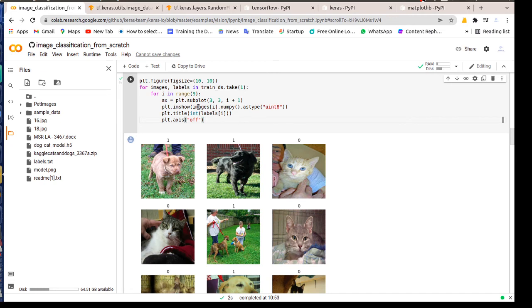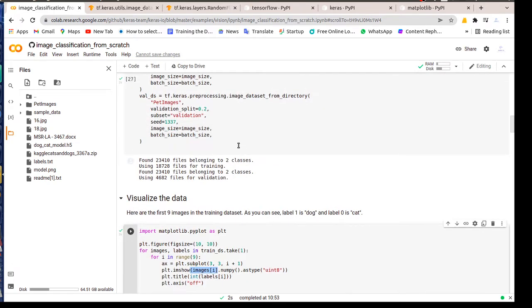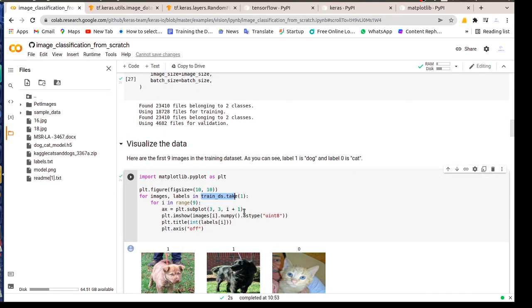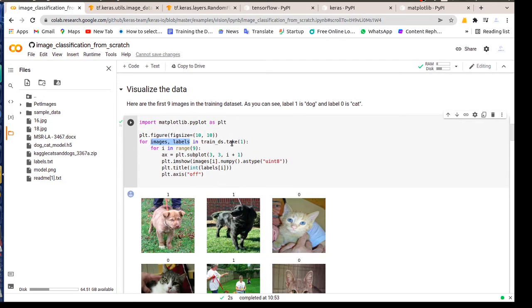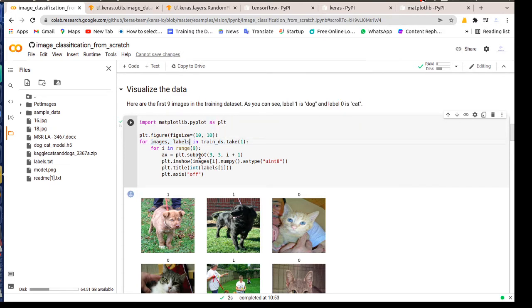Under that, we can see images all from train_ds, nothing but the images which are converted into arrays for training. From them, we are going to take images, those arrays will be taken outside, and we are going to plot.